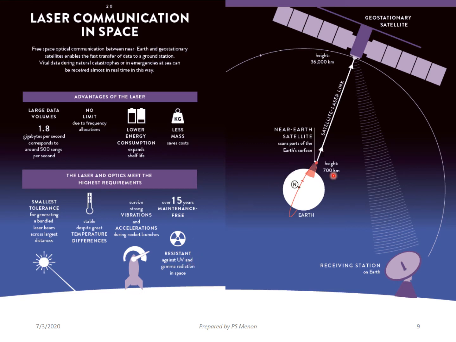So as you can see here, the near Earth satellite scans parts of the Earth's surface, and through a satellite laser link, it sends it to the geostationary satellite over here. So what happens is this satellite then transmits the information back to a receiving station which is on Earth. So suppose in this area there's a flood or there's an earthquake, so this information is sent here and then it's sent back to the receiving station, and then it will be communicated to humans to say that an earthquake is happening here, an earthquake or a tsunami or whatever. Okay,